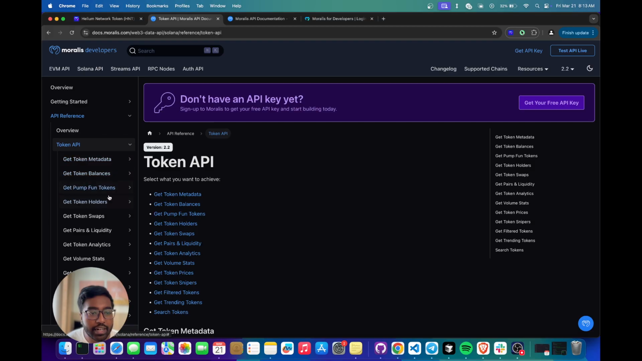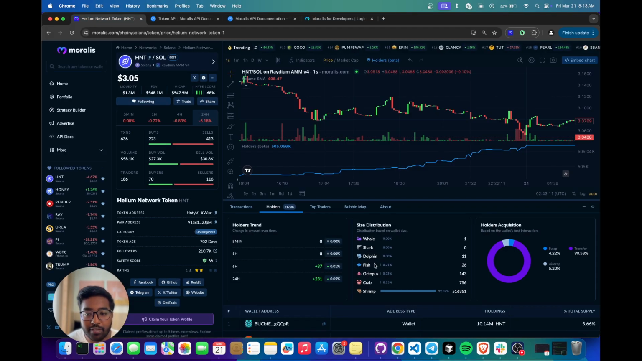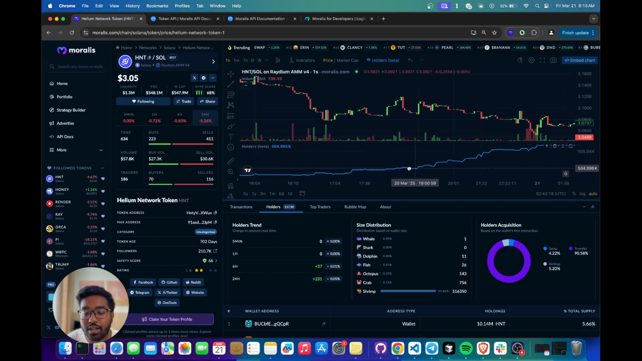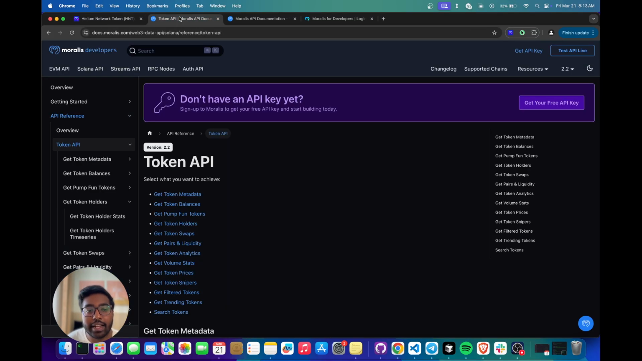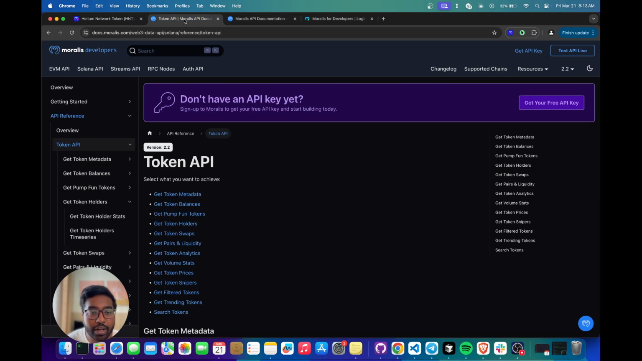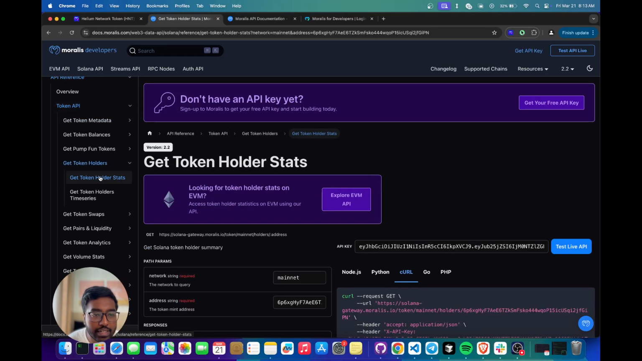So once you've done that, you can see we've got token holders right here, and you can see we've got token holder stats and time series. So token holder stats API is what actually powers all these stats, and token holder time series is what lets you actually power this time series chart of the holders. So I'm going to leave a link in the description for the holders time series video, but in this video we're going to be going over the holder stats and how you can actually use this API to get all of the stats. So now that we're here on the Solana API, you can click on holder stats,